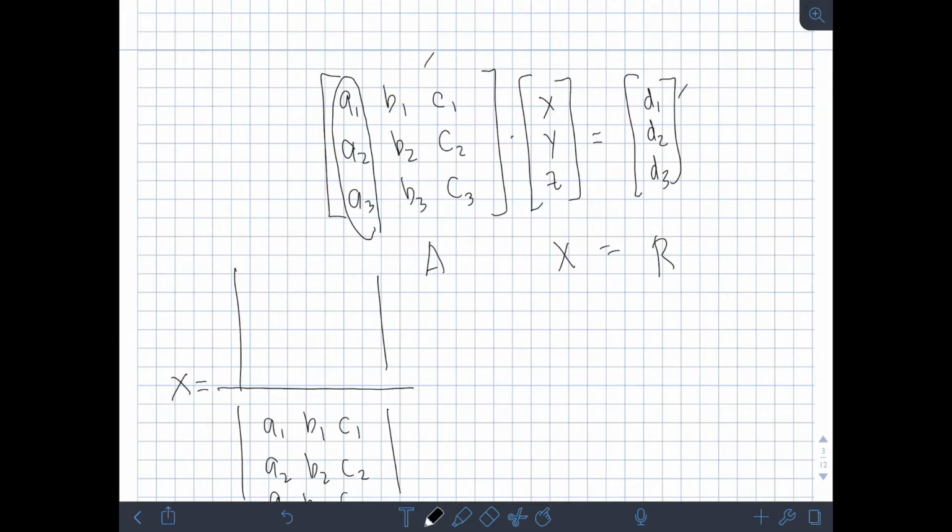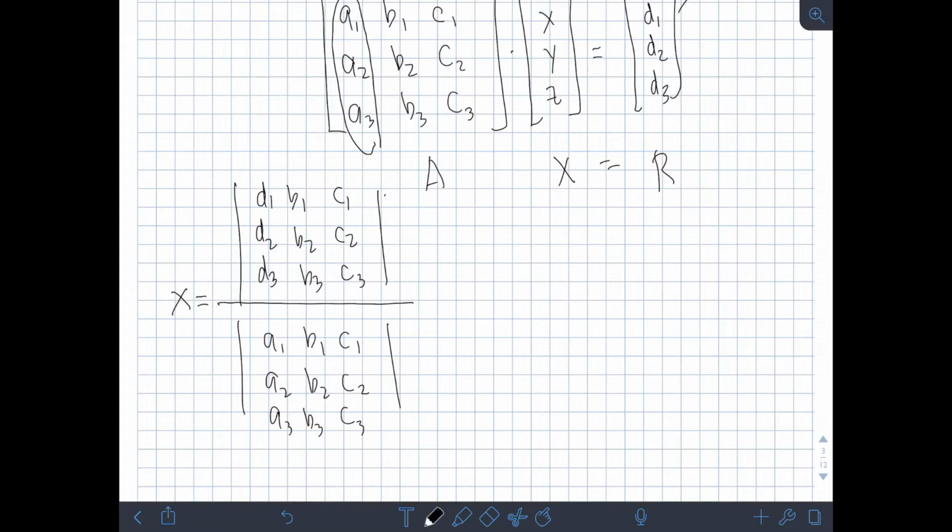So, laging ganun yung pattern. Kung anong hinahanap nyo, yun yung papalitan yung column entries nung constant. Okay, so d sub 1, d sub 2, d sub 3, b sub 1, b sub 2, b sub 3, copy lang, c sub 1, c sub 2, c sub 3, copy lang. Then, find the determinants. Next, pattern naman ng y equals, okay, yung denominator, same pa rin, yung a sub 1,